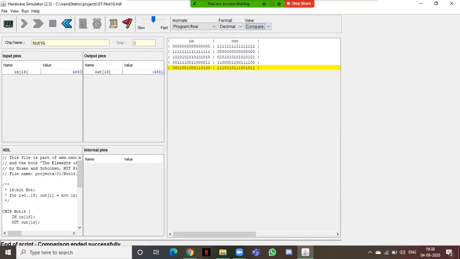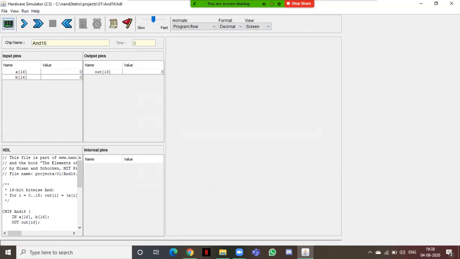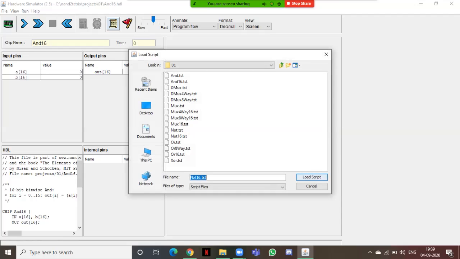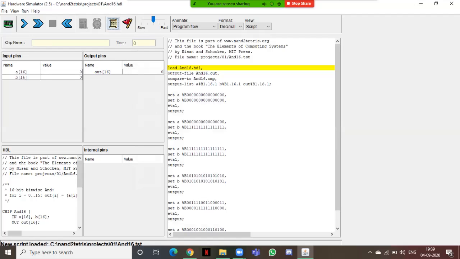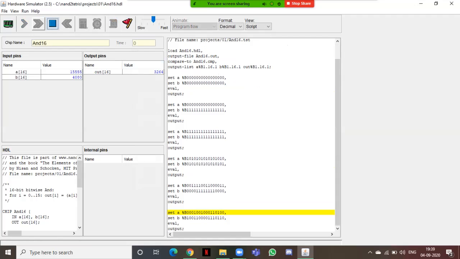Okay, now we'll move to AND 16. Now what is AND 16? Same AND gate with 16 bits. Everything is same, we are just performing it in 16 bits. So now we'll run it. See the values.